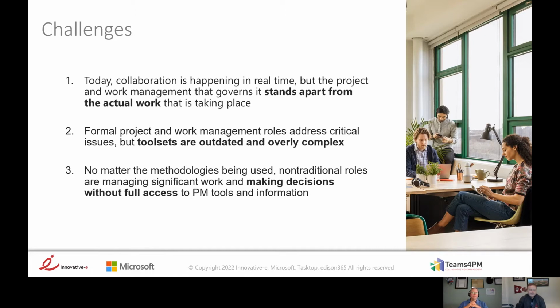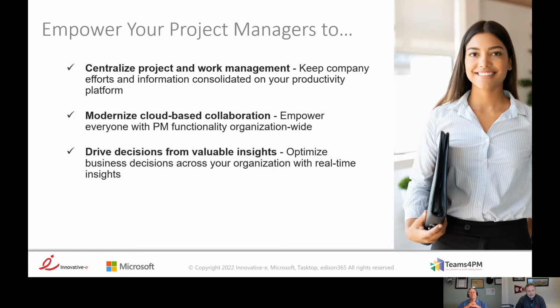And they're using tools, Mike, that are not really good for project management, for keeping track of work that needs to happen in sequence in order to get the job done on time and on budget and on scope. So they're using tools that are not for project management because that's all they can get their hands on. Yep, absolutely. And so we want to empower your project managers, even these citizen project managers, these folks in your organization that are maybe managing people and therefore managing projects, to centralize project and work management, keep your company efforts and information consolidated, and do that on your productivity platform because it's a natural evolution of productivity to do project type work. To modernize cloud-based collaboration and empower everyone with project management functionality organization-wide, and drive decisions from valuable insights,